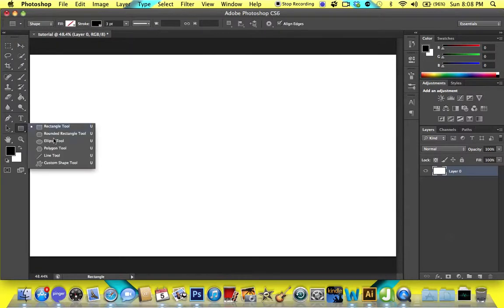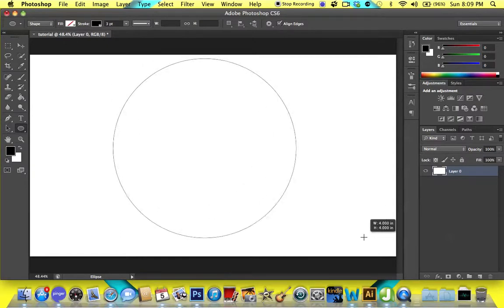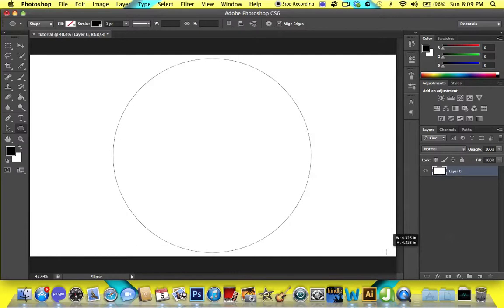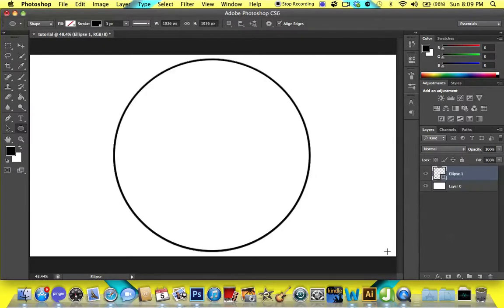So you're going to want to go to your shape tool, ellipse tool, and then make sure that fill is not selected but stroke is selected. And you're just going to want to hold down shift to make a perfect circle. You're not going to want to do the whole thing, so make it about there. And yeah, that looks